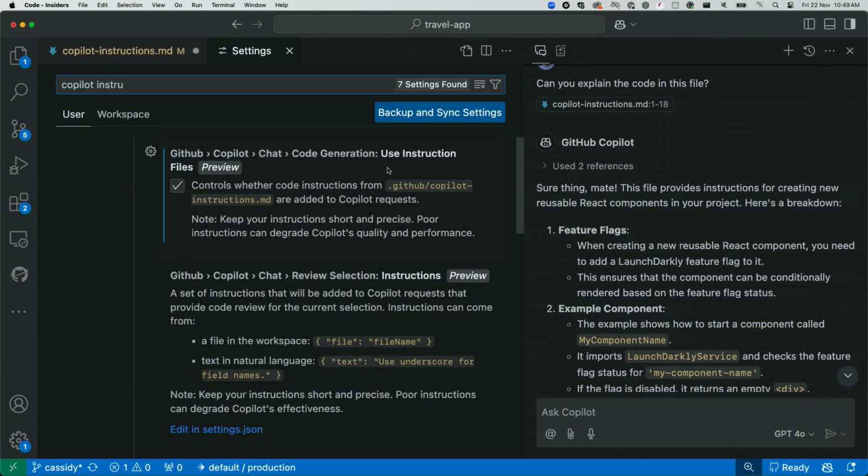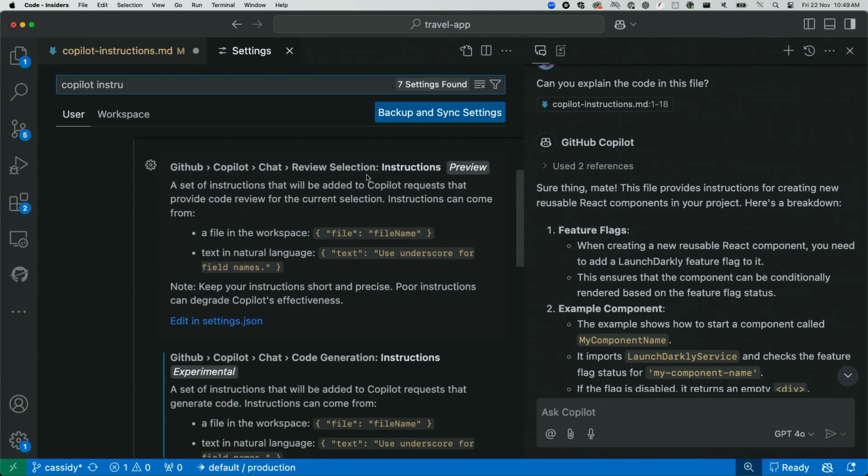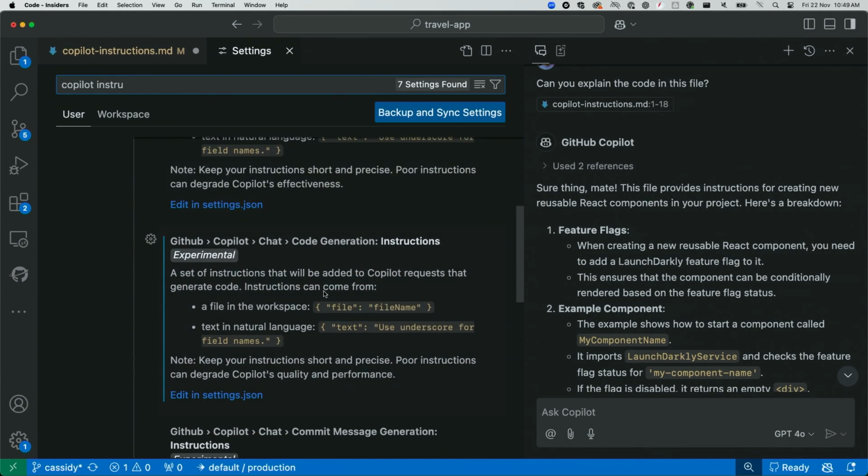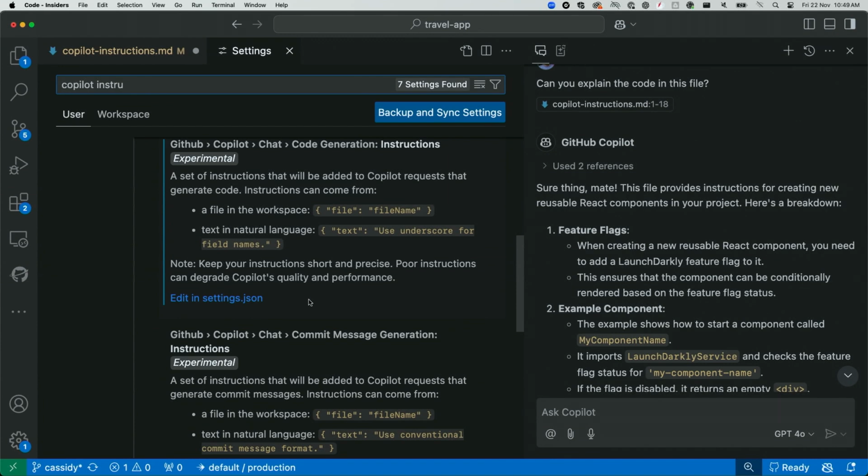Copilot chat code generation use instruction file, so it's going to use that one. But also, I can have some settings in the settings.json file as well to say, for me specifically, for my user, I want to have everything replying in Australian.